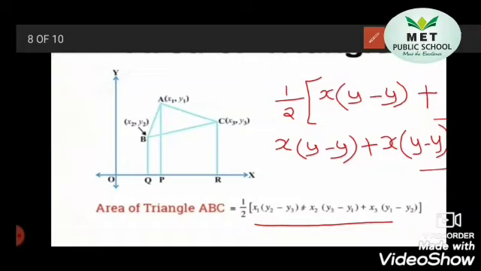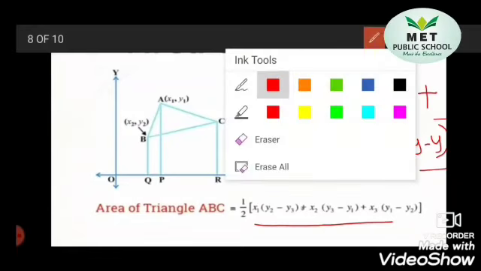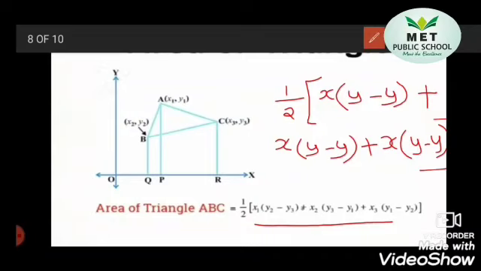After you are writing this, now you need to put the numbers 1, 2, 3. So how to put these numbers, remember children? See here, for x I am going to put continuous numbers 1, 2, 3. Here as 1, here as 2 and here I will put as 3. Now what to do for y? As you know the values of x here, 1, 2, 3, the number will go on simultaneously. After 1 it will be 2, after 2 it will be 3 and after 3 it will be again repeated to 1.